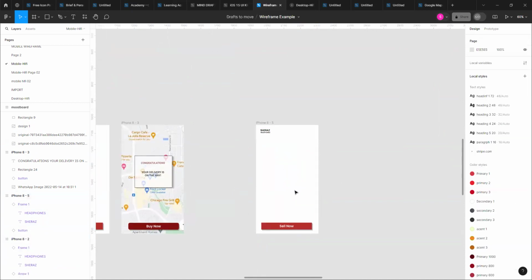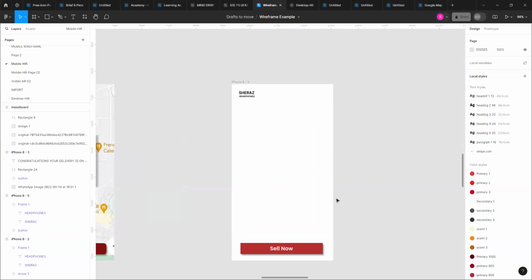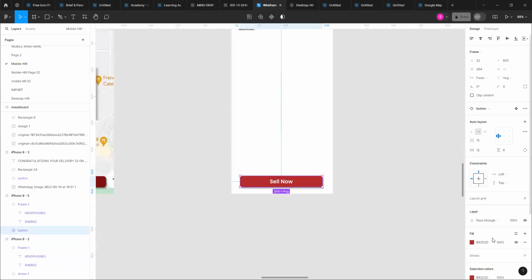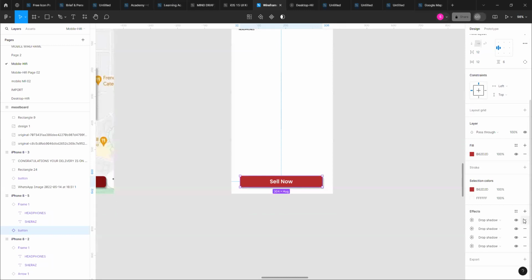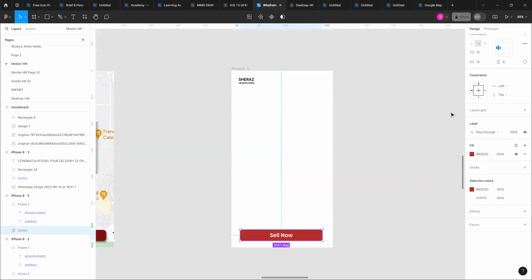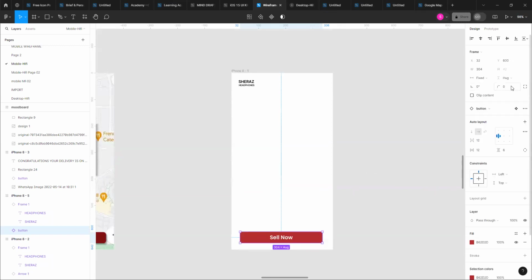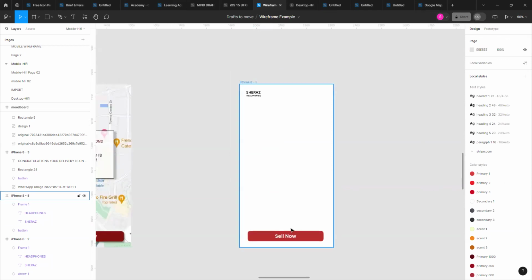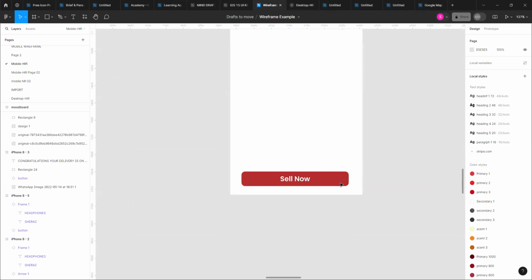I delete it, and see this button we have, and I am deleting it. So we have a simple button. Okay. Let's round this corner by 10. Okay. So